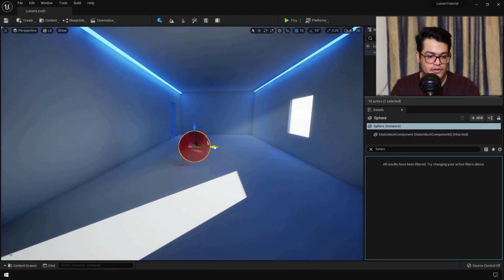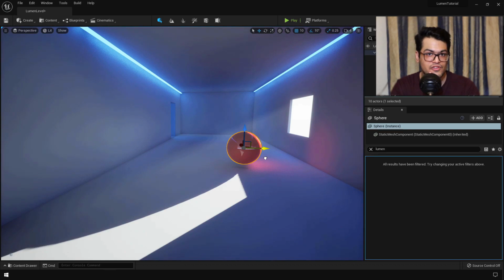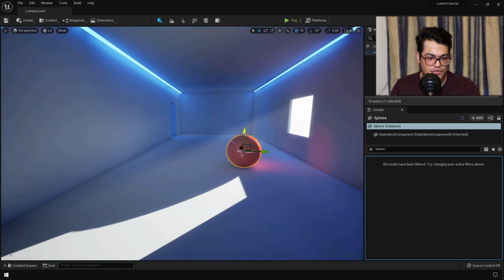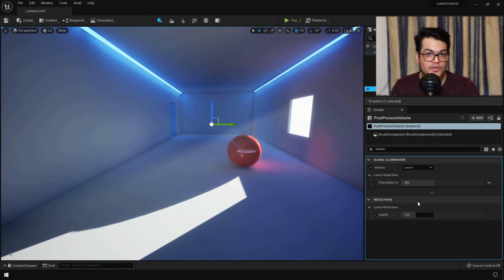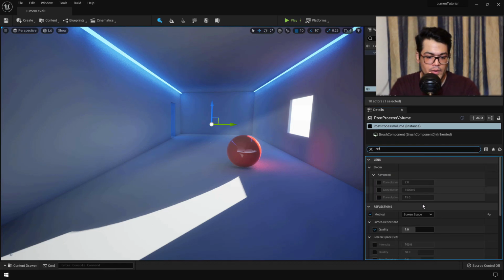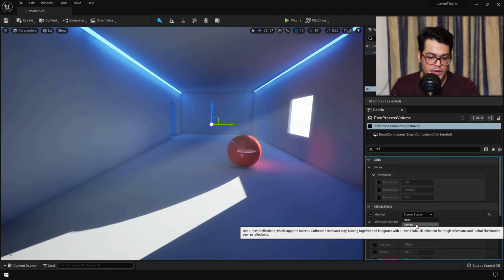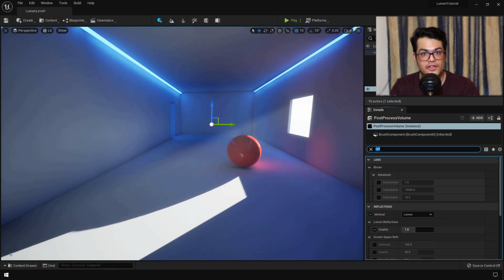Similarly, screen space global illumination is the same thing. If the object is not in your scene, that object is not going to contribute to the global illumination. That's why these methods were not that accurate. And Lumen is way better than this. Lumen is really way better. Lumen is the best thing that we have.